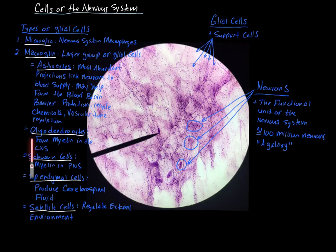We also have what are called oligodendrocytes, and oligodendrocytes are important in that they form the myelin sheath of many of the neurons in the central nervous system. Now, this is only in the central nervous system, though. In the peripheral nervous system, the myelin sheaths are formed by what are called Schwann cells. So Schwann cells are the oligodendrocytes of the peripheral nervous system. You guys okay with that? Okay. Then you have something called the ependymal cells, and these are cells that produce cerebral spinal